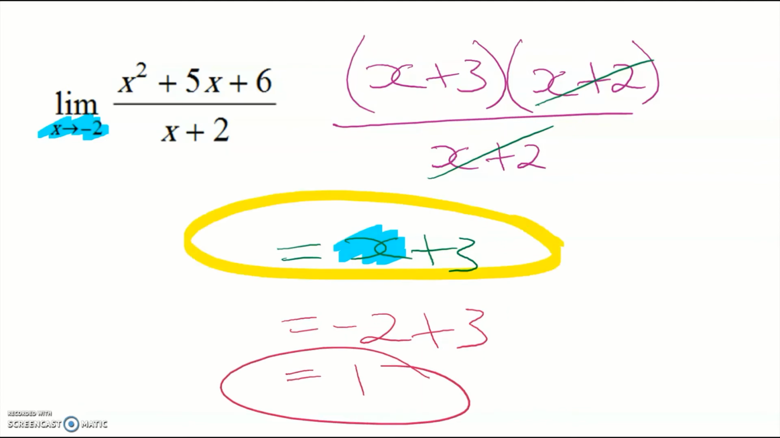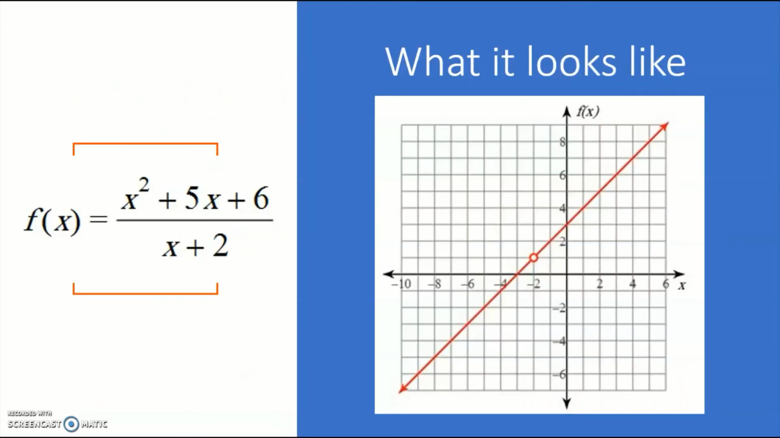Now you could be asked to graph this, and it is a continuous function, it's a linear equation. However, because of our denominator equating to 0, it doesn't exist when x equals negative 2. So what does that look like? So here we have the graph of the limit of our function, which we worked out to be x plus 3, as you can see on the graph. But you can see here that there's a discontinuity at negative 2,